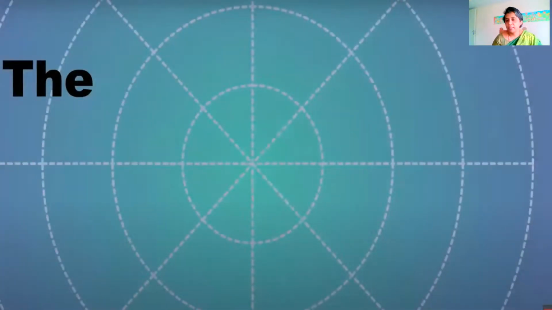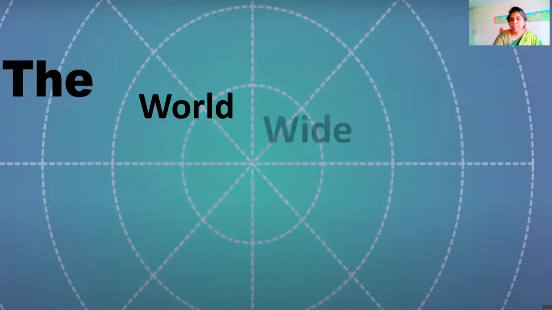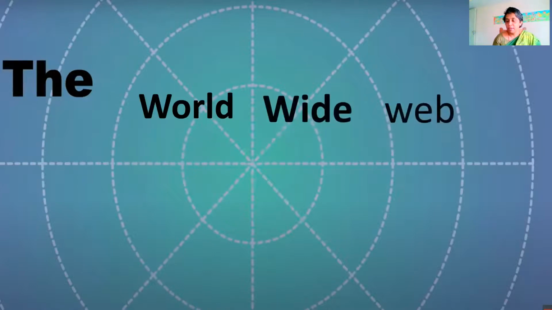So where do we see the web pages? In the World Wide Web. It is an interconnection of multi-million computers, right? It is a connection of networks, a collection of networks. So the World Wide Web is a place where all your resources are stored. So how to access that? Through the internet. So the WWW, or World Wide Web, and the internet are not the same. Both are two different aspects. Now, the World Wide Web is the place where the contents are stored. The internet is a medium through which you access the data from the World Wide Web.